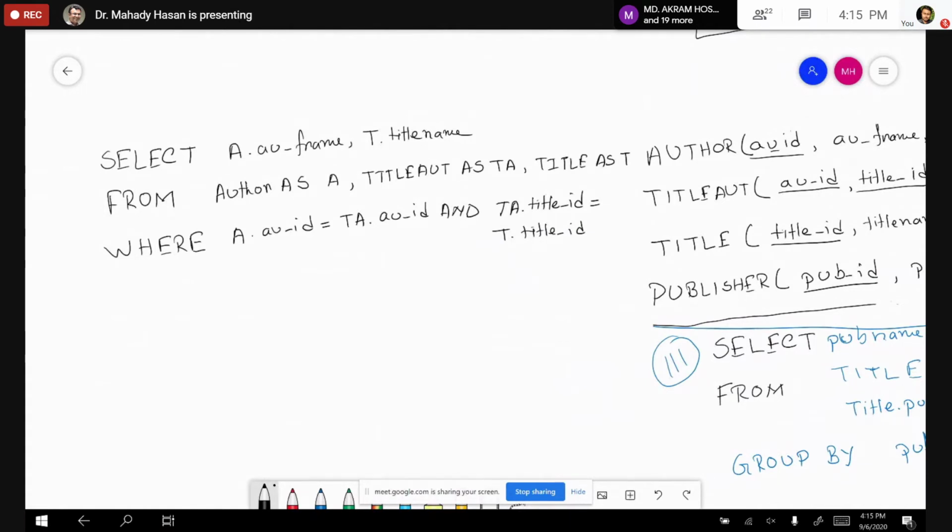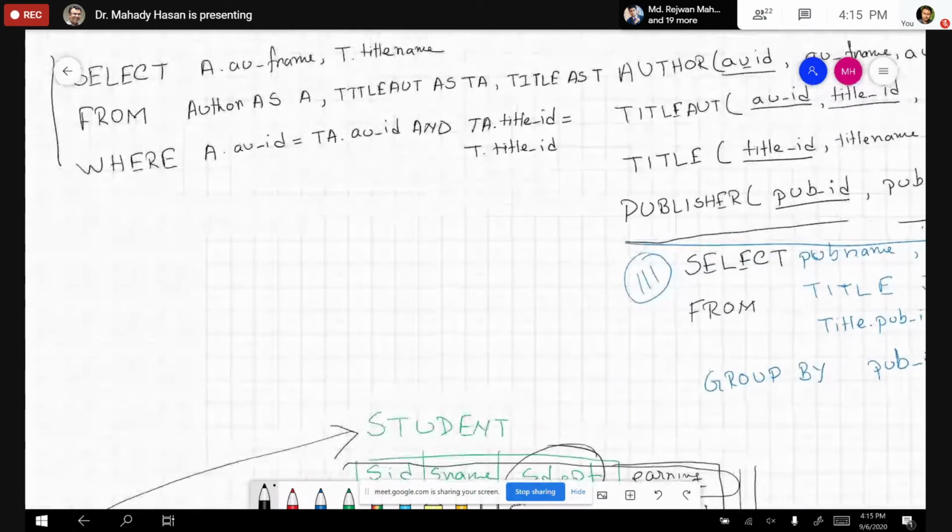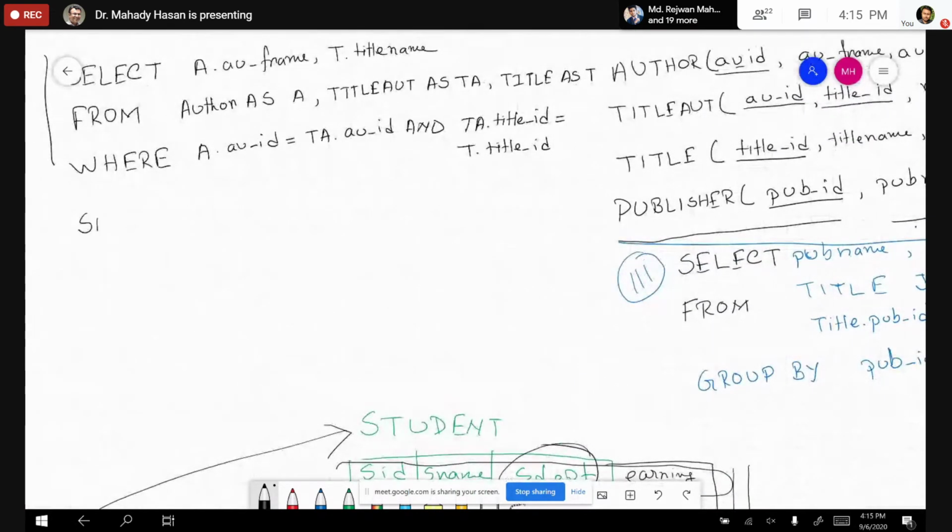So this piece of code might be equivalent to select A dot AU F name, comma T dot title name from